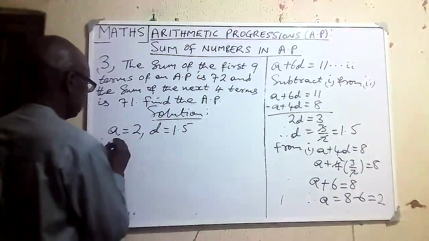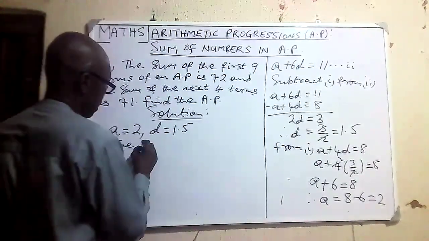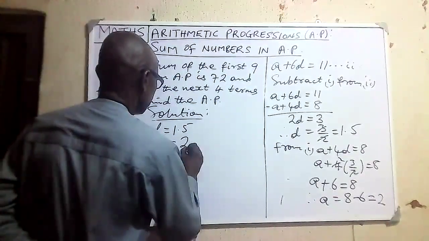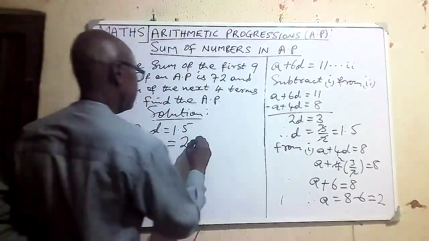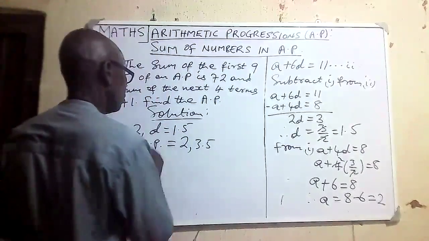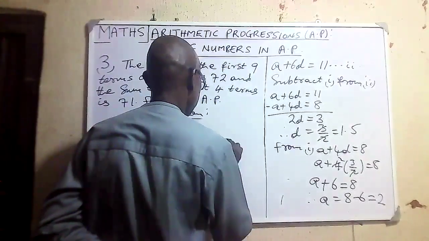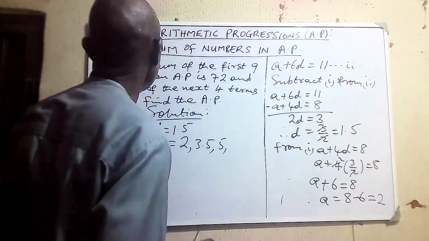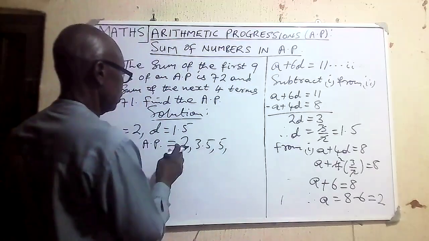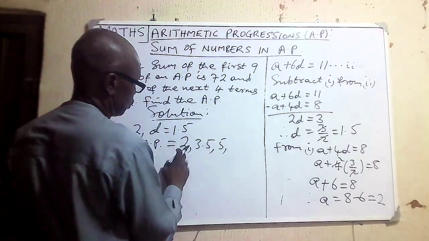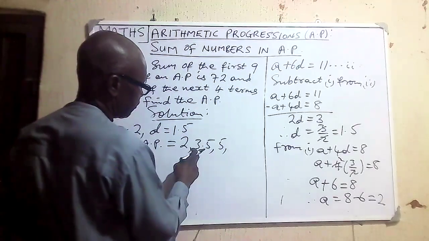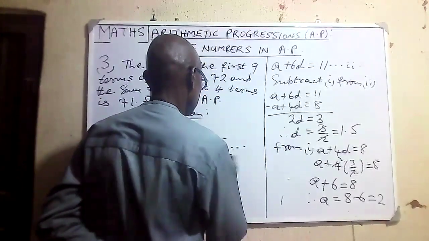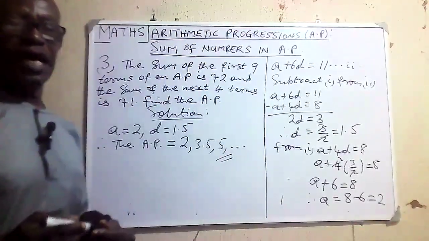Therefore, the AP is equal to 2, plus 1.5 is 3.5, plus 1.5 is 5, because we have to list, we said find the AP, okay? So we have 2 plus 1.5 is 3.5, 3.5 plus 1.5 is 5, and so on. So this is the answer to